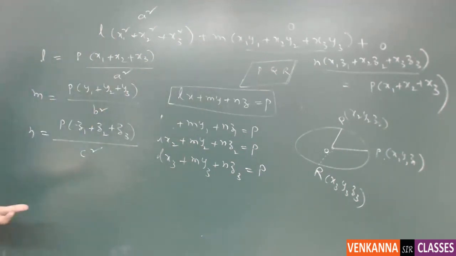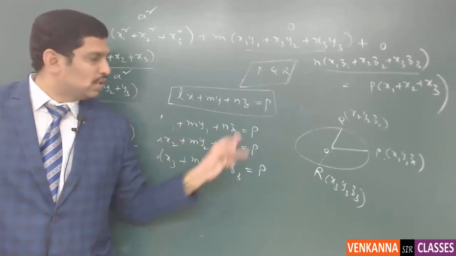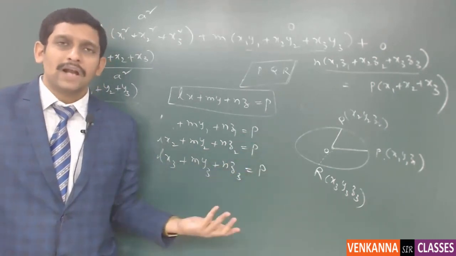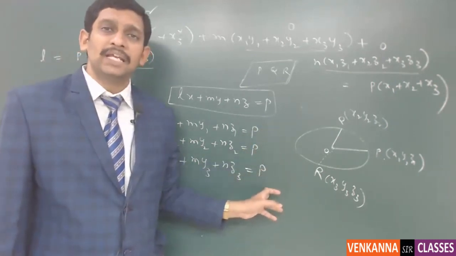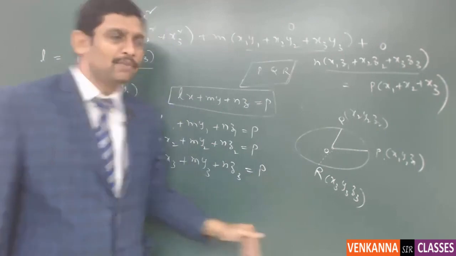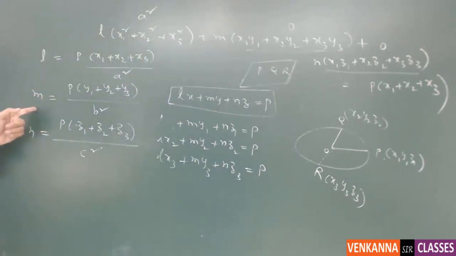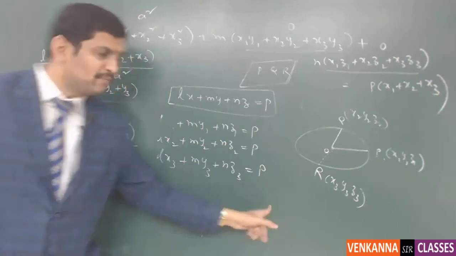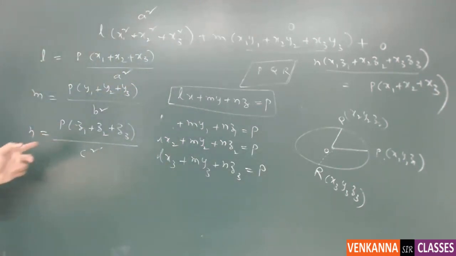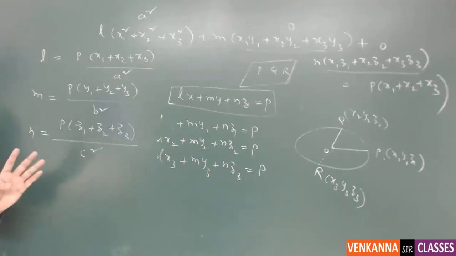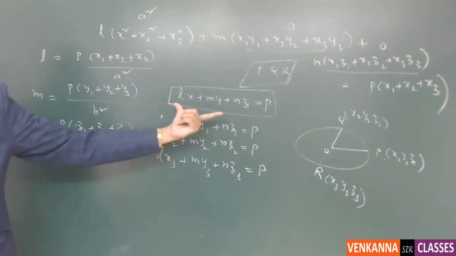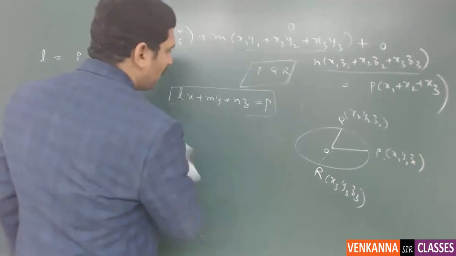Right. Similarly, I got the value of L while multiplying these three plane equations with x1, x2, x3. Now what happens if you multiply these three plane equations with y1, y2, y3 and add them, you will get the M value. Similarly, if you multiply these three plane equations with z1, z2, z3 and add them, you will get the value of N, like this. Is the perception clear now? How I am getting the values of L, M, N? Right. Now, the final part is, in the required plane equation, I am substituting the values of L, M, N. So, the final answer is